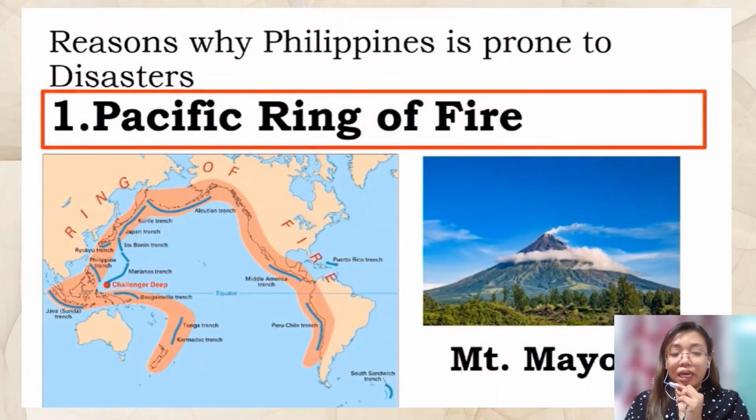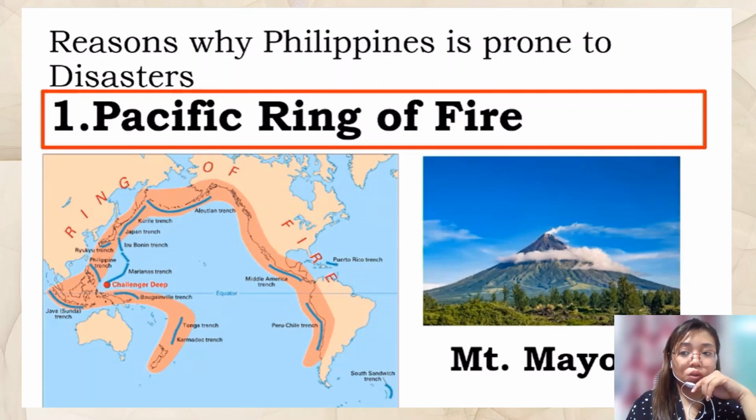Again, a reason why the Philippines is prone to disaster is because it is located across the Pacific Ring of Fire. As you can see here, aside from the Philippines, we also have Japan and some parts of Asia. That is the Pacific Ring of Fire.